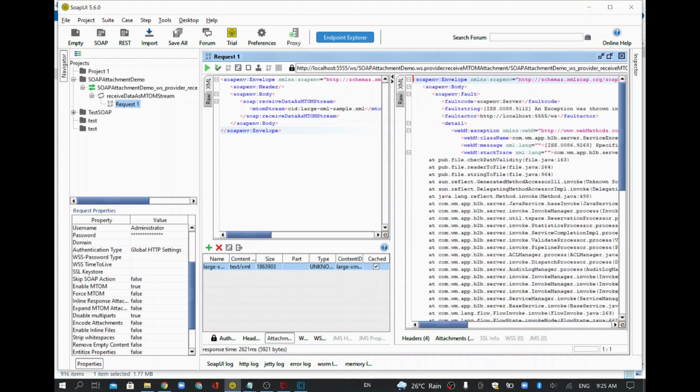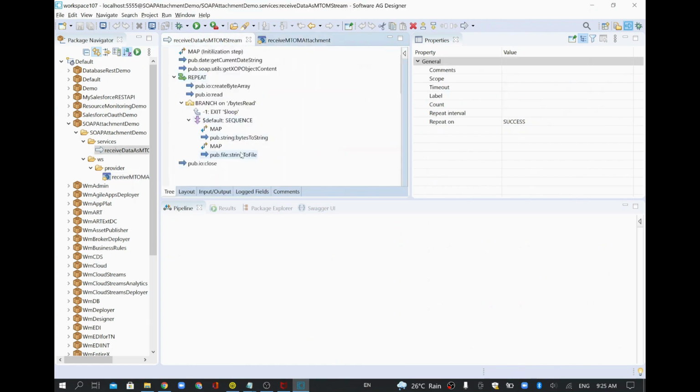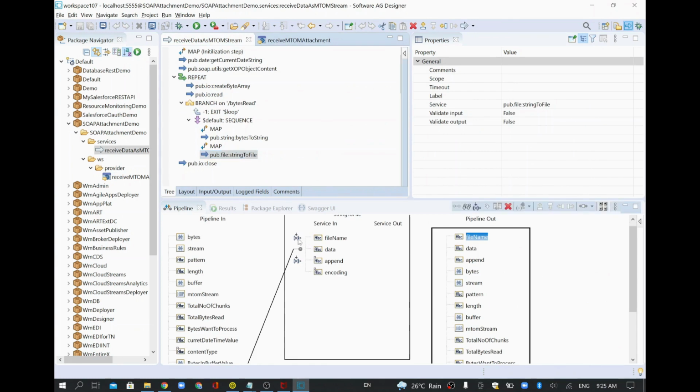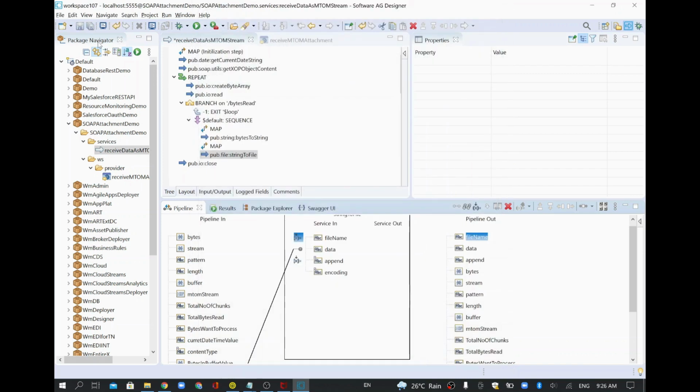Okay, so now what we need to do. In webMethods, when you use this stringToFile, we are giving a path where we want to write the file. Here for the file name, I just gave a file name, still I didn't give a path, so you have to give a path also. This is Windows, so I'm just giving c:/ as the path. And there's one more thing you have to do: whenever you want to write anything in your integration server file system or the file server, you need to give permission to that particular path.